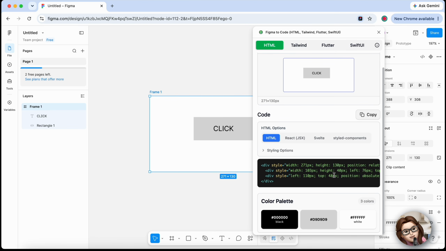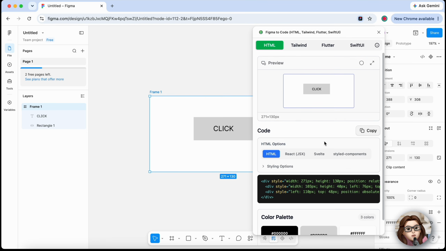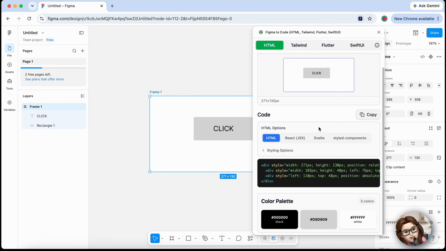adjustments. Remember that generated code is a starting point. Most projects require some manual optimization and cleanup before production use. And that's it. You've successfully converted a Figma design